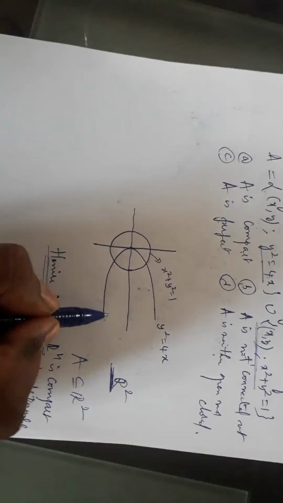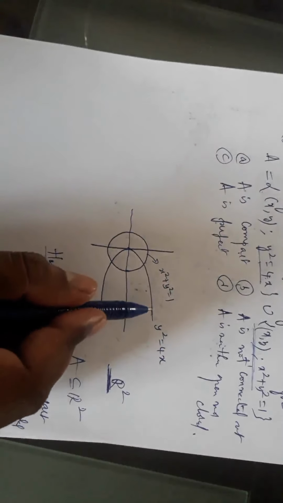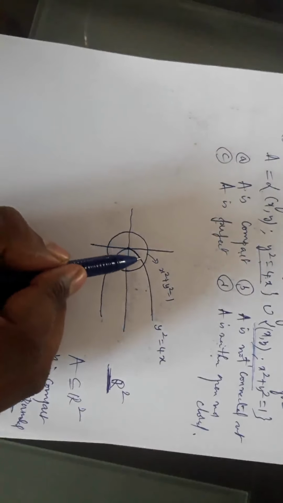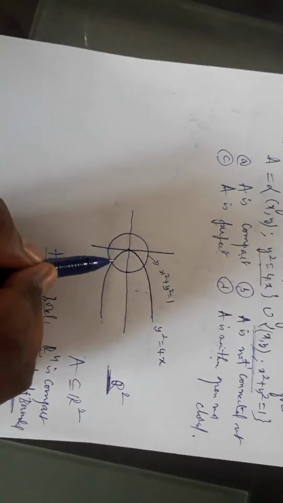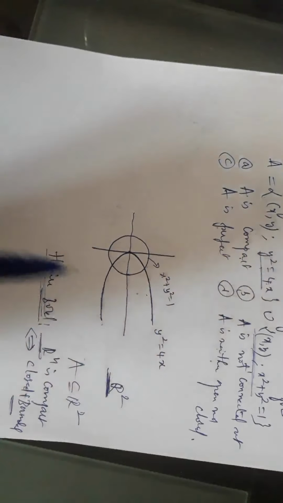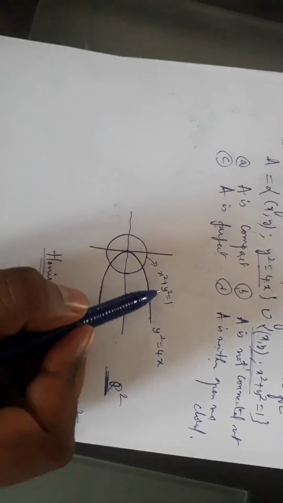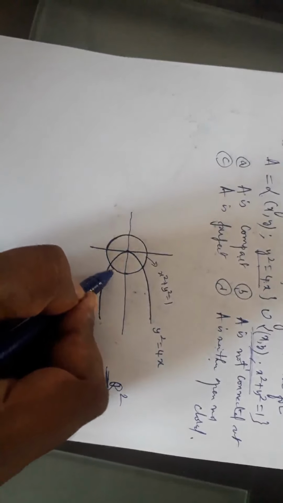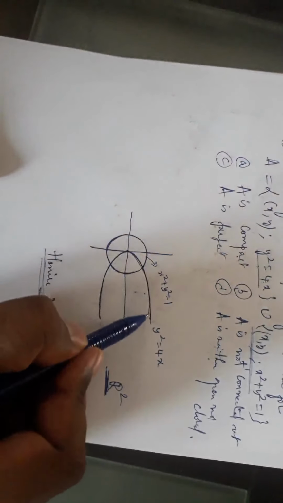Closed means every point must be a limit point. See, what else I traced, that is the path, that's all. Don't include any interior or anything like that. Only the path I traced. Is it clear? Are you getting my point? It doesn't include any interior. x square plus y square equals 1 means it's just a bangle of radius 1, that's all. You are not bothered about the halo. This is a parabola, and you are just concentrating on that parabola.